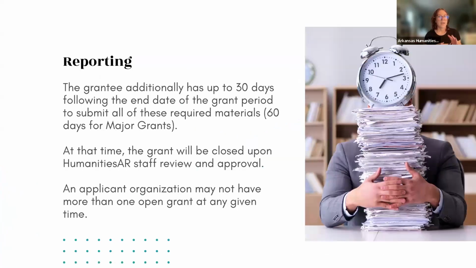And so with that, in your award email designating your grant period dates, so for our major grant cycle that we're in right now, projects begin December 1st and they will run a year until November 30th of the following year. And so all grants have a specific first beginning date, and then a year later is when they need to